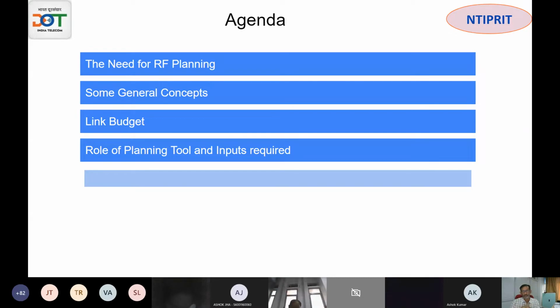And then, of course, the basic fundamental of a link budget. You need to have a balanced link budget. Your communication has to reach the tower, and the signal has to reach your mobile. This has to be always balanced. So these are some concepts which we will be discussing. We will not be able to discuss many tools, but at least a planning tool: what are the inputs that are required for a planning tool, and what is the expected output from a planning tool. So this we'll be discussing in today's session.